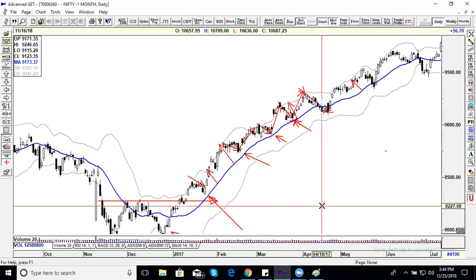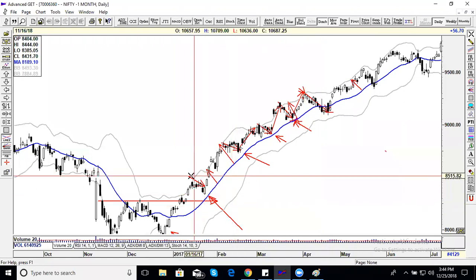This is called snap back to the middle band, or mean reversion. It's like a pendulum. You know what a pendulum does? A pendulum swings from one extreme to the other extreme, right? The upper band is one extreme. If it goes to the upper extreme, it will come back to the mean. It's called mean reversion. That means if the prices have traveled too far away from the mean, which is the 20 period simple moving average here, it will snap back to the mean, which is mean reversion.